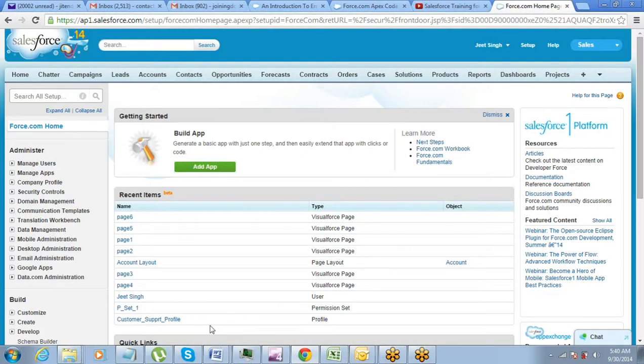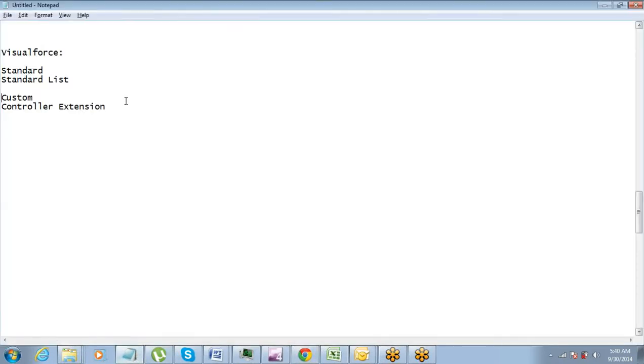Before that, what we are actually going to do, we will create a class. In the class we will write all the logic, and we are going to call the class as a custom controller.